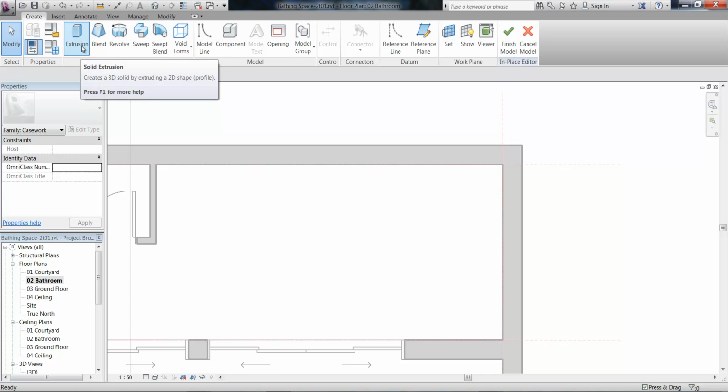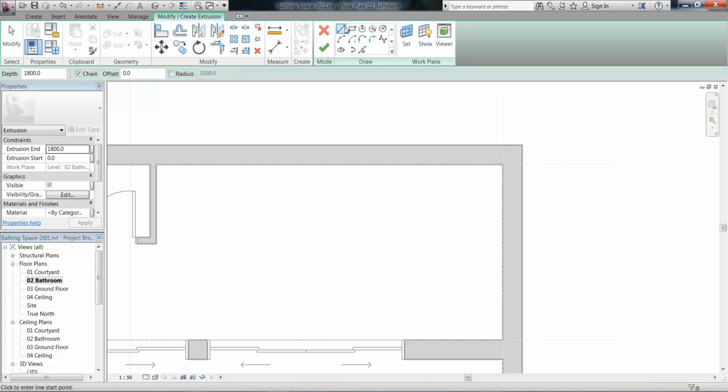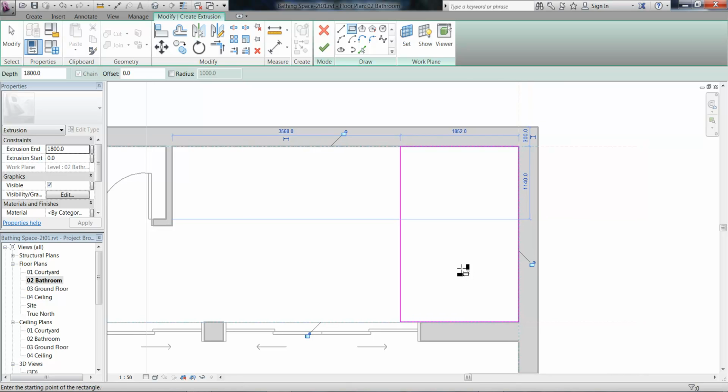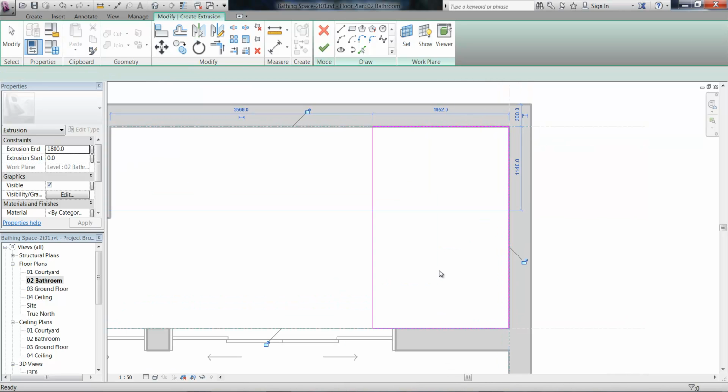So with extrusion, I'm going to draw a rectangle. So what's the average width for the doorway? 900, that's standard. Yeah. Okay, and so with that rectangle,